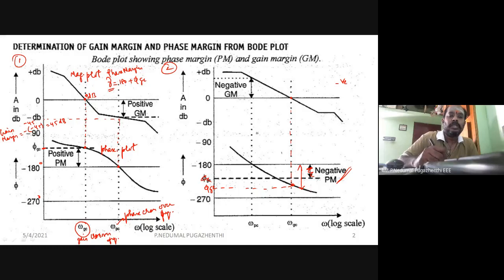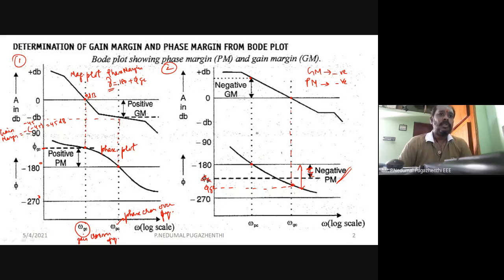Negative phase margin. And in the same way, if you take minus 180 degree, it cuts your phase plot, extend that, and you will get a positive value here because it is in the positive decibel part. And since it is positive, your gain margin will be negative. So both your phase margin and your gain margin will be negative, and so you say the system will be unstable. If either one is found to be negative, you will say it is an unstable system. But here in both cases you have a negative value, so your system is unstable.